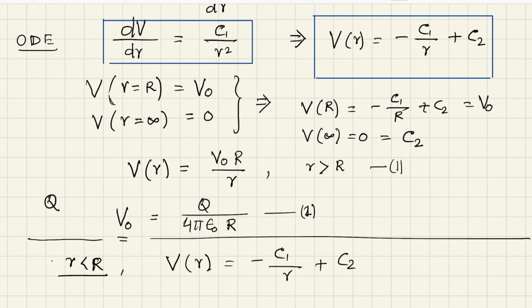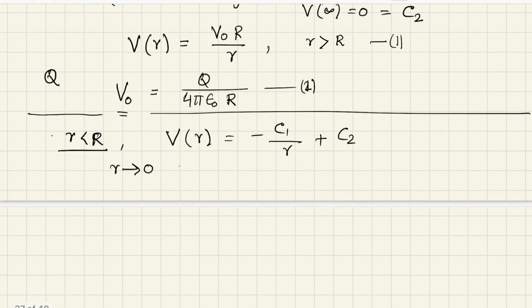Now if R is less than A, as R goes to 0, then V tends to